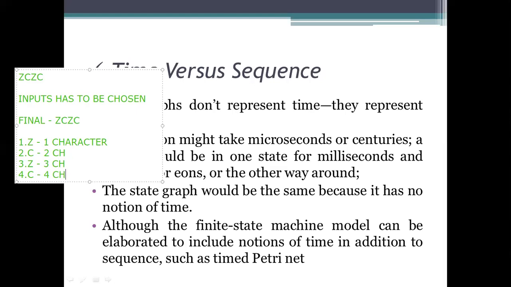Means we need to pass 4 characters in a sequence to achieve this final state.